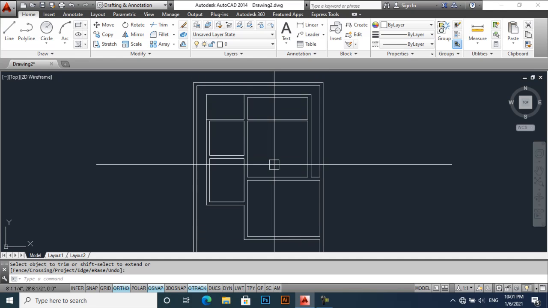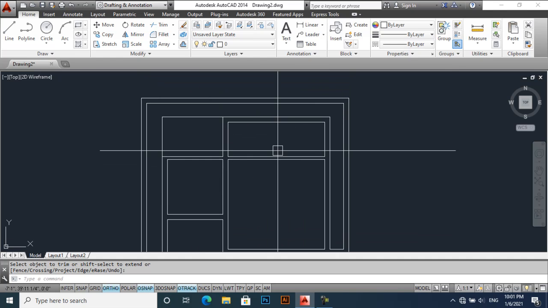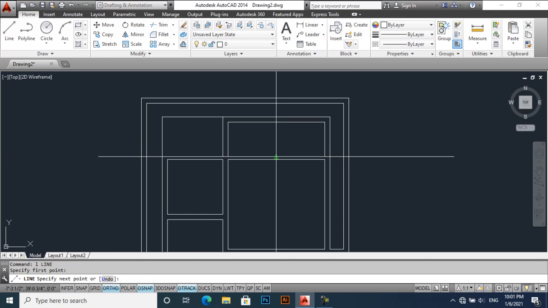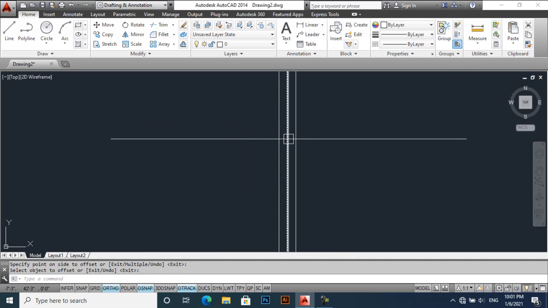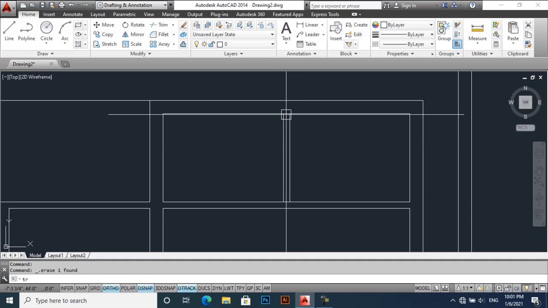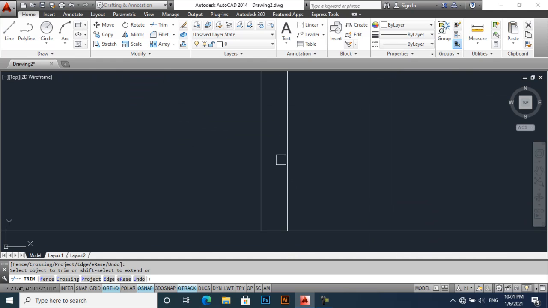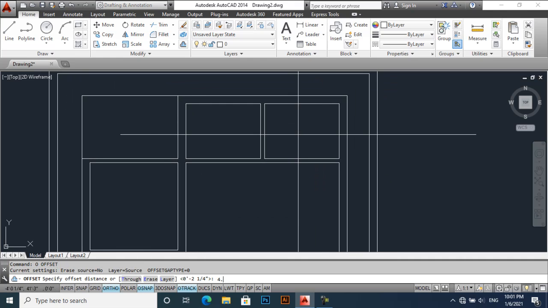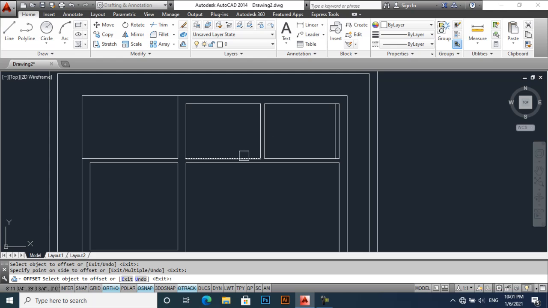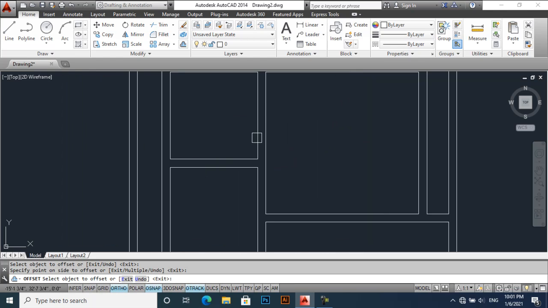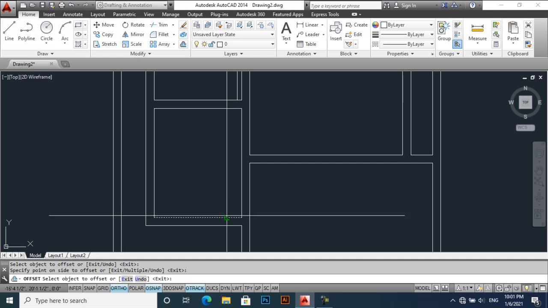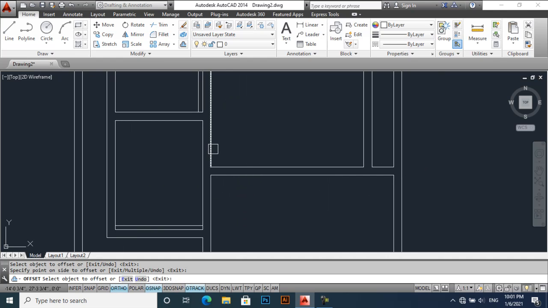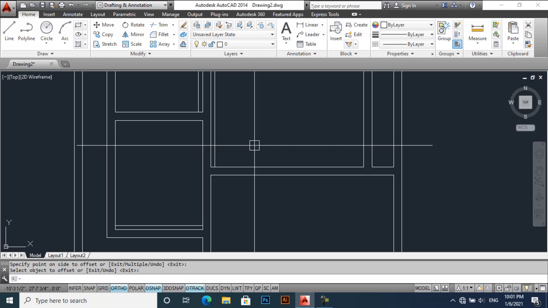Let's create doors, windows and some necessary steps. Offset 2.25 to each side. Delete this line and trim this line again. Offset 4.5 inches, 4.5 inches, 4.5 inches, and 4.5 inches, 4.5 inches. Offset 42